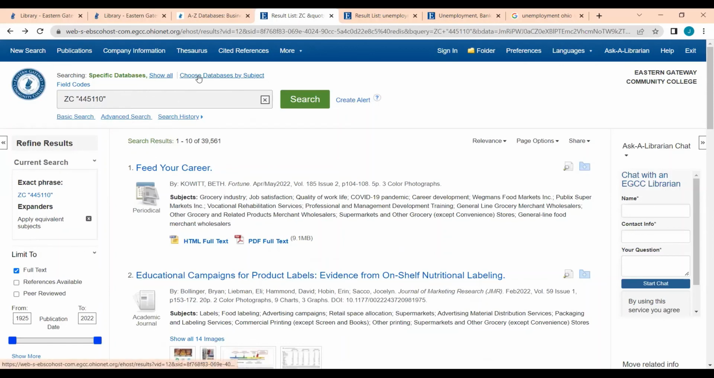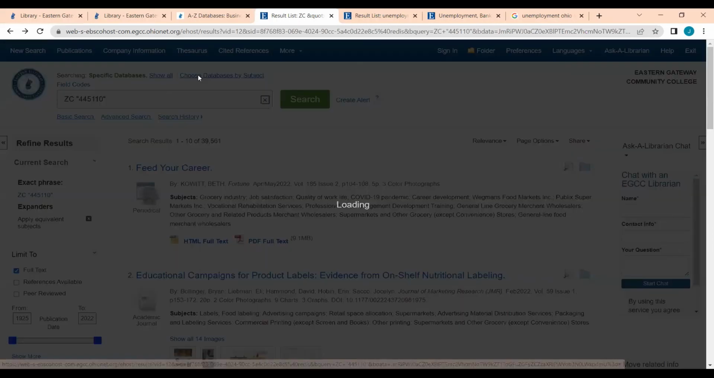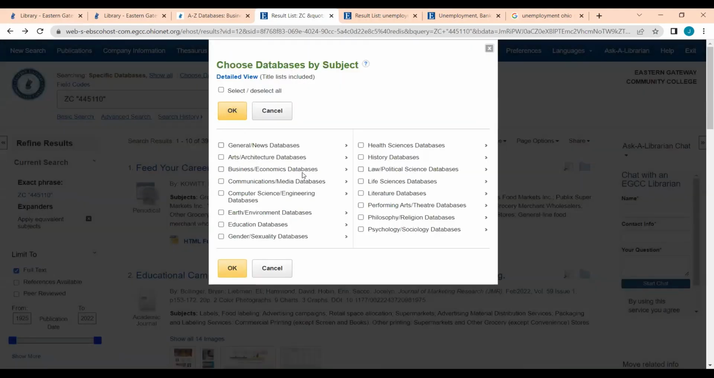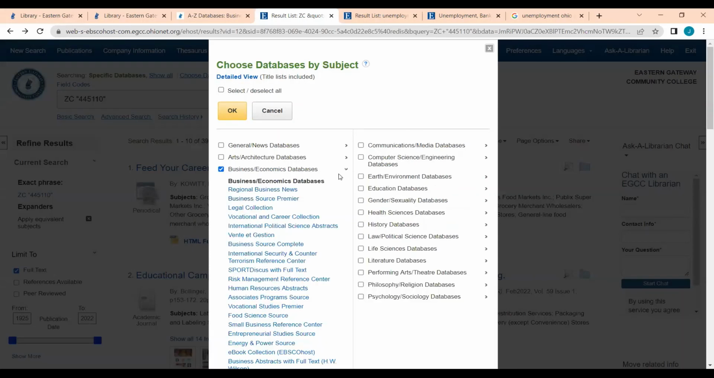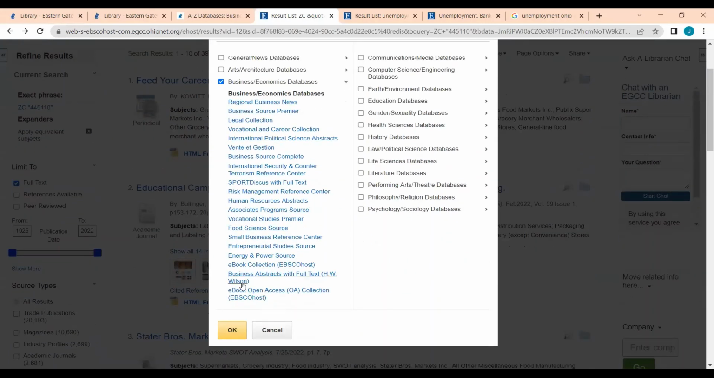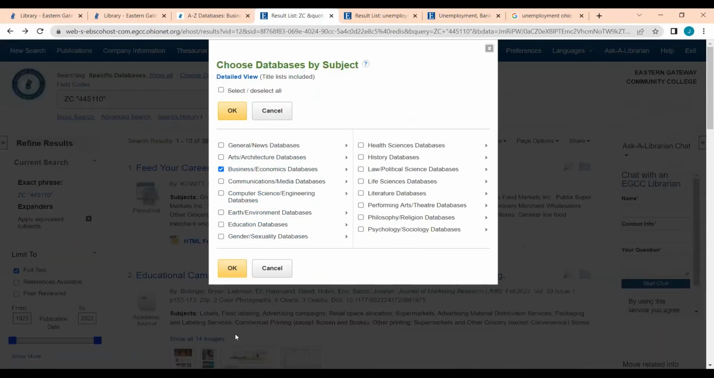You can also click on this Choose Databases by Subject. And this is a newer feature, and you can filter by subject. If you click on this arrow, you'll see all of the databases it's going to be searching in. And all of these are related to business and economics. So it's going to broaden your search. If I click this and I hit OK,